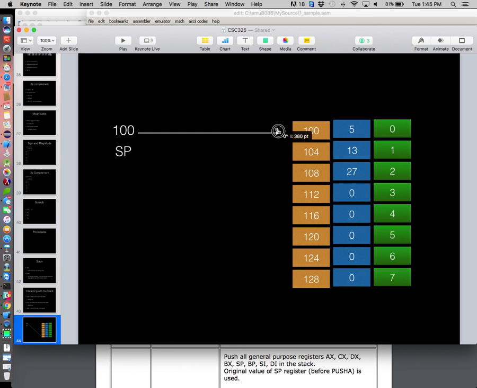So how do I go from 0 to 1, 1 to 2, 2 to 3, 3 to 4, 4 to 5, 5 to 6, 6 to 7, 7 to 0? What's the math formula that makes that work? I feel like multiply by the size of the int, or the size of the pointer. Say this again. Multiply by the size of the register. Or